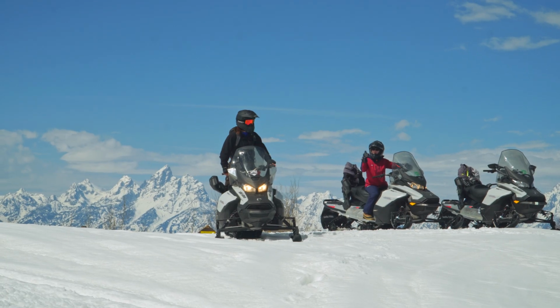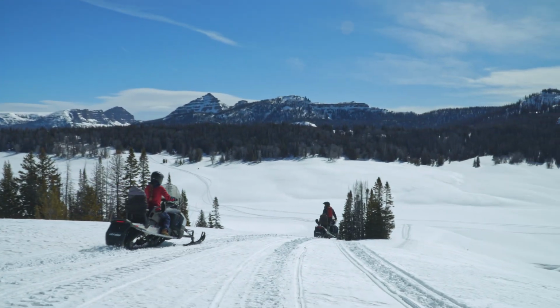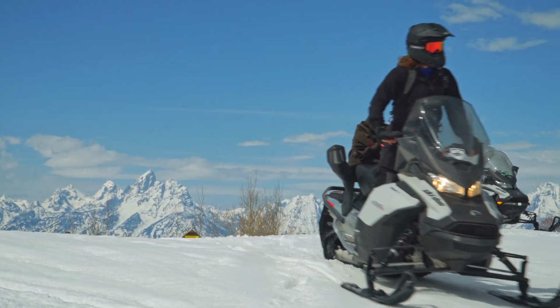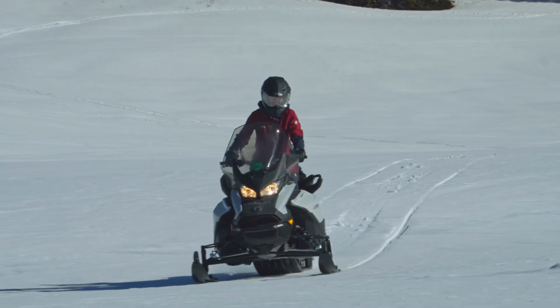Next, we'll move to the adventure activities category. One of our favorites is snowmobiling. Tours in the surrounding national forests offer incredible conditions and views of Grand Teton National Park, but it's also been on our bucket list to snowmobile into Yellowstone National Park, as most of the roads to iconic sites like the Grand Prismatic and Old Faithful are closed to vehicles during the winter, giving snowmobiles the opportunity to experience these sites without the major